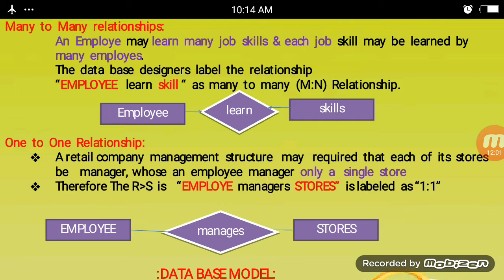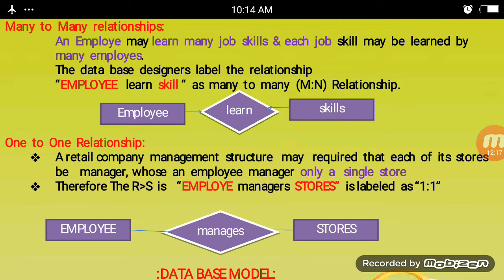The database designer labels the relationship, for example, employee learns skill, as many to many relationship, as shown in the figure.